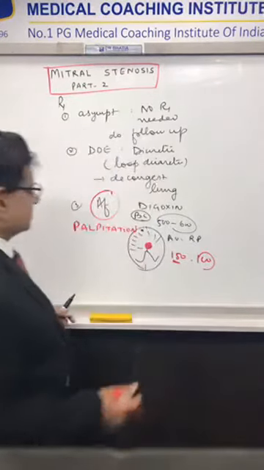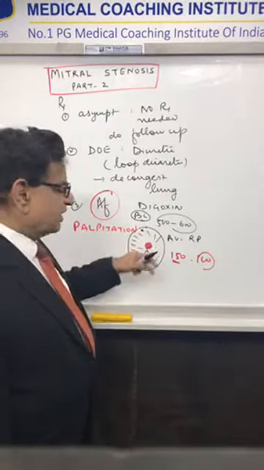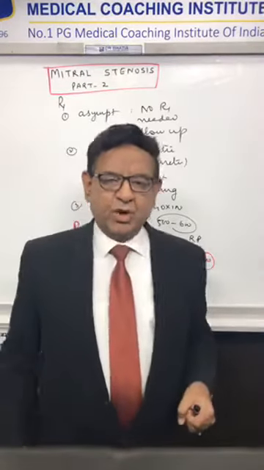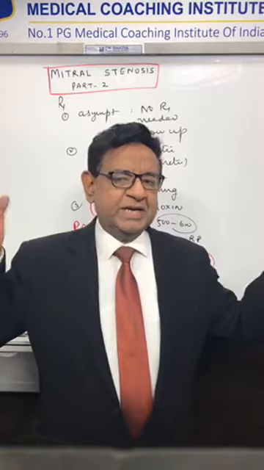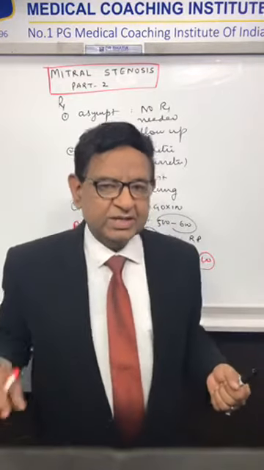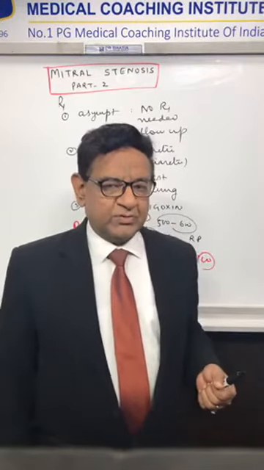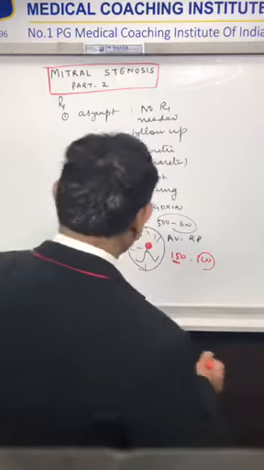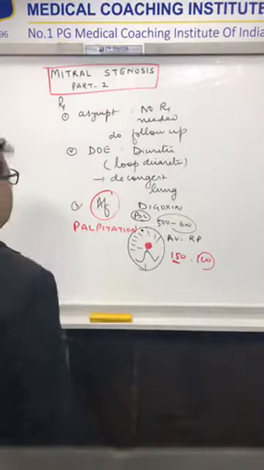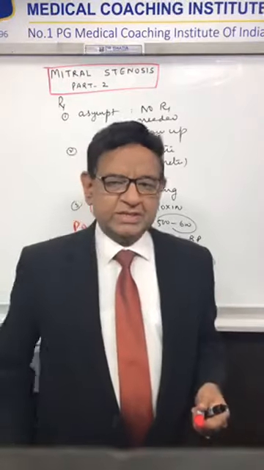Of course, our other aim is to convert AF into normal sinus rhythm, but normally in an MS patient, the atrial size is very, very large, so it's usually not able to convert fibrillation into normal sinus rhythm. So now you understand why we added digoxin in case of